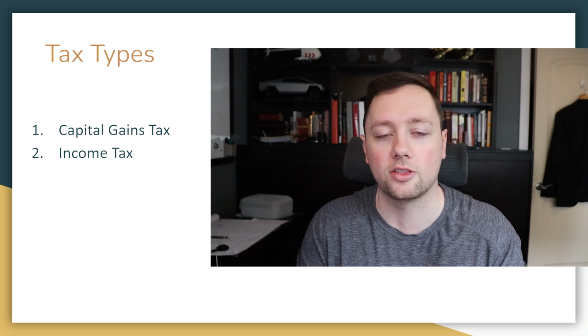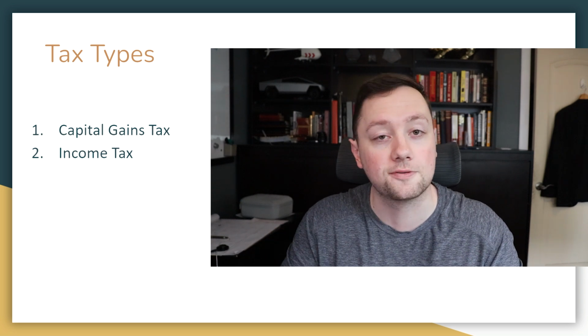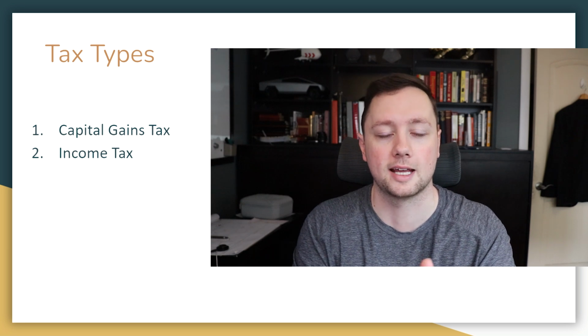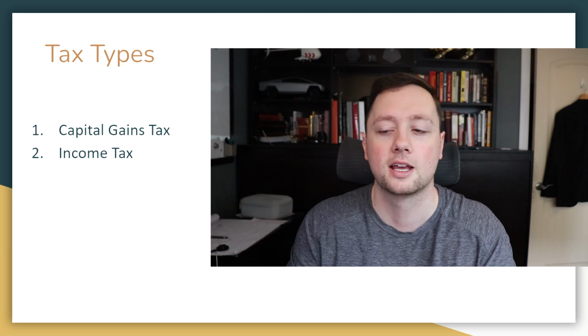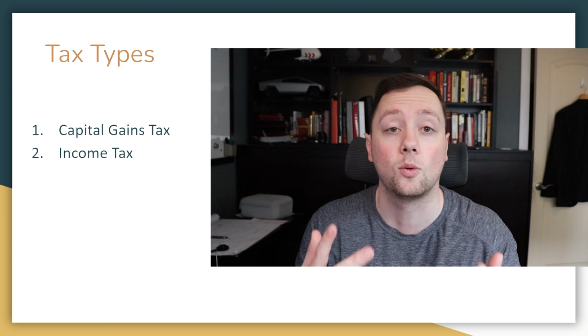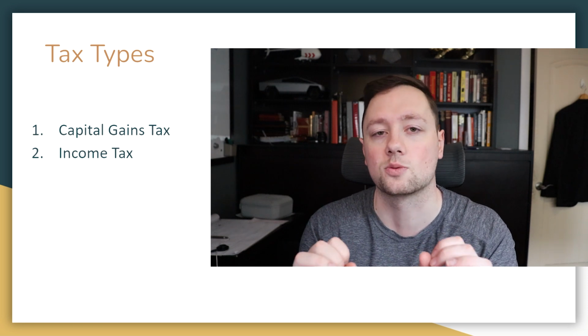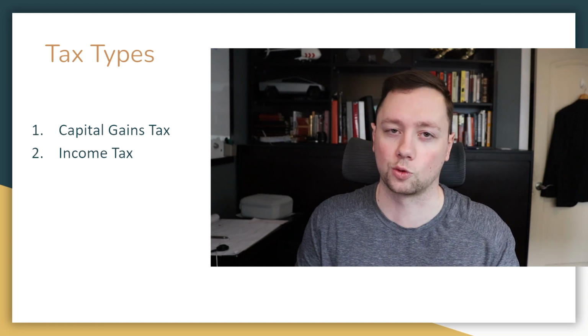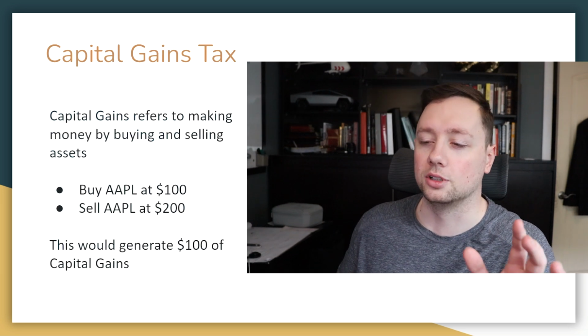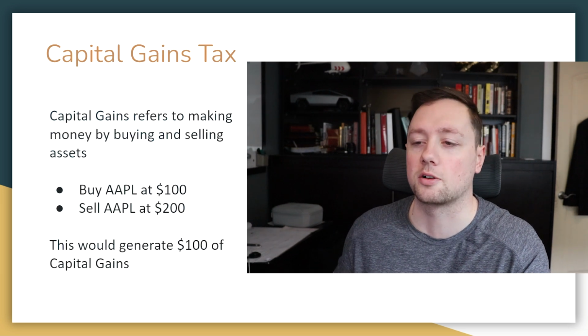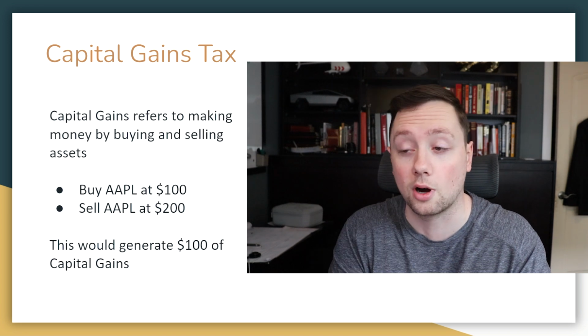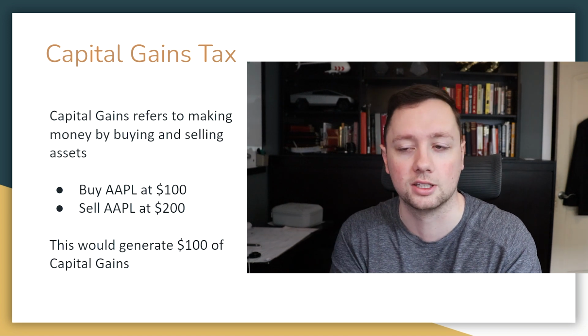Now, in Canada, there's basically two different ways that you can classify your profits when it comes to taxes. Option number one is capital gains, and option number two is income, and I'm going to walk you through both of those options as well as the determining criteria right now. Okay, so let's just start with capital gains. So if you make a bunch of money in the stock market and you want to classify your profits as capital gains, here's what you need to know.